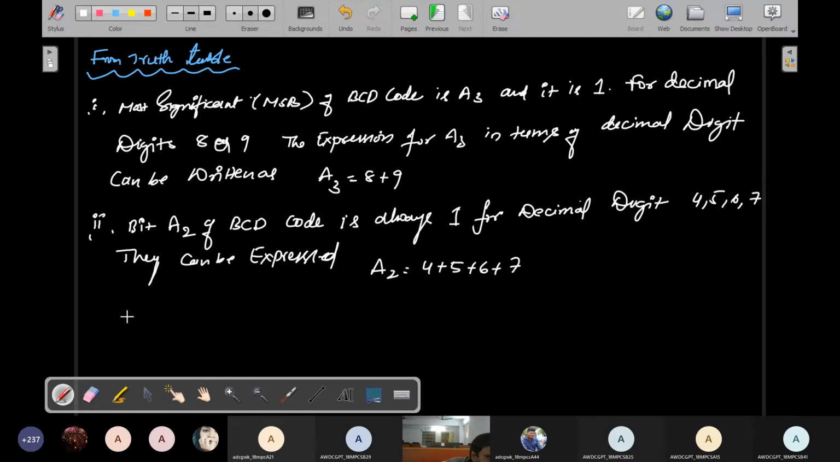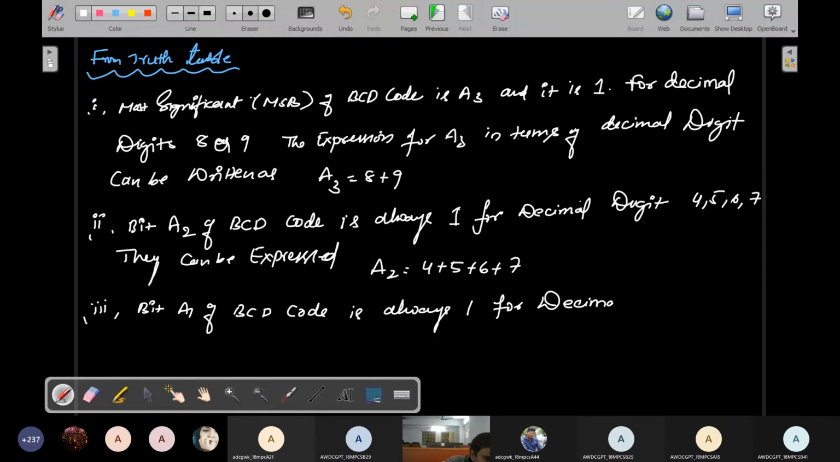So this is the output of that decimal number. And the third point is simply for A3 is over, A2 is over. Right now bit A1. Bit A1 of BCD code is always 1 for decimal digits